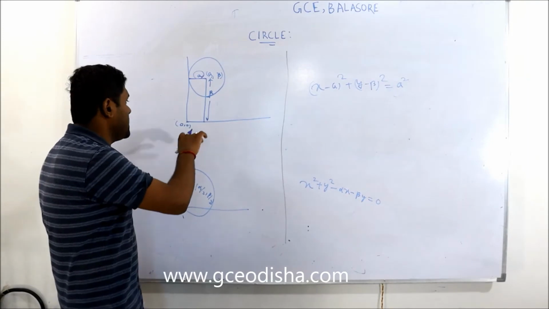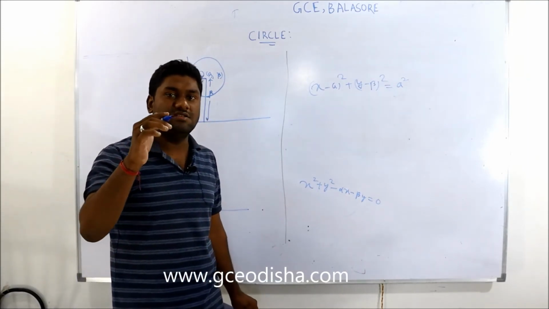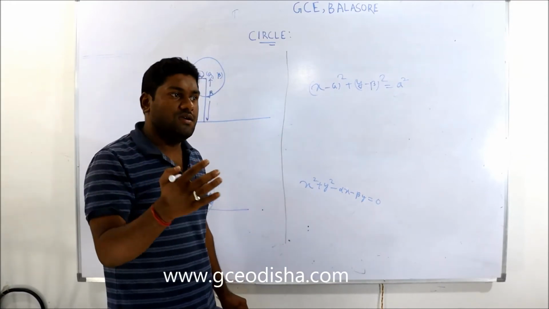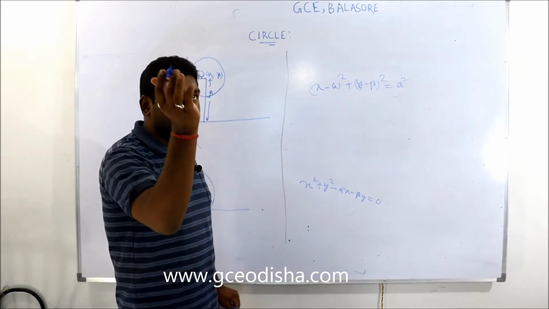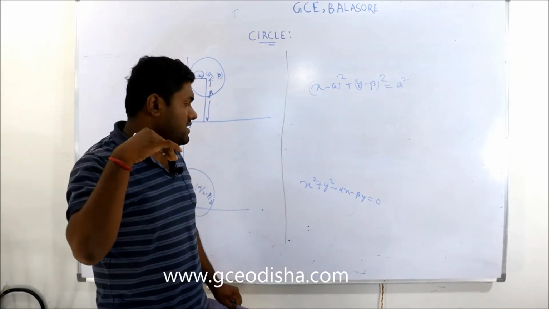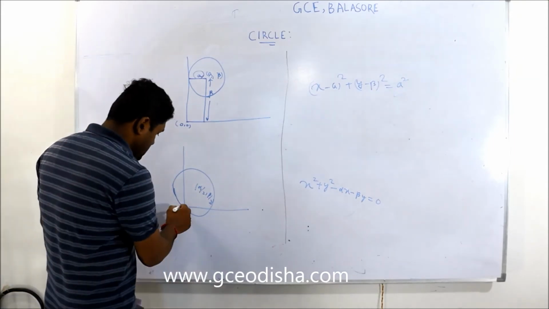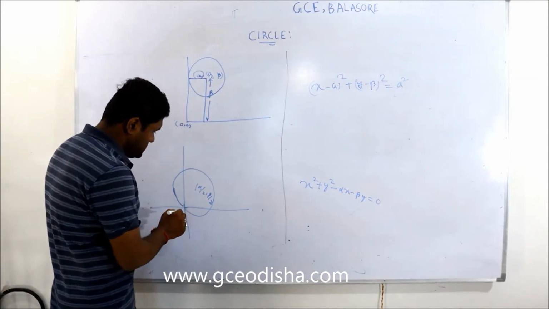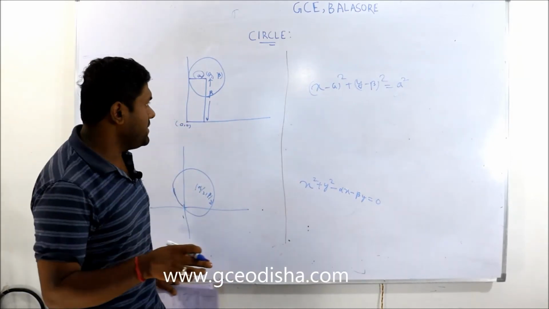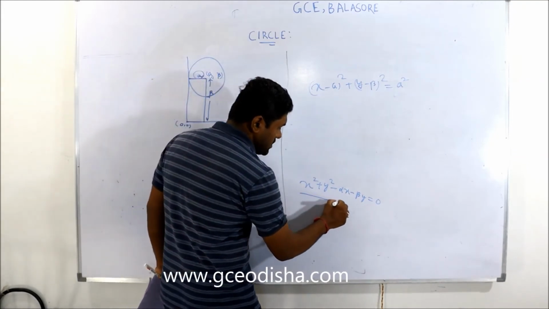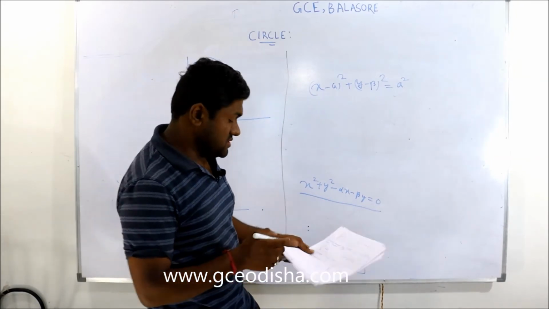First, the circle touches both axes, with the center at (a, a) and radius a. The second is a circle that touches the x-axis, and the third is a circle that touches the y-axis. The fourth is a circle that passes through the coordinates (0, 0) in Cartesian coordinates, with the center at (alpha/2, beta/2). The equation is x square plus y square minus alpha x minus beta y is equal to 0. These are the equations.